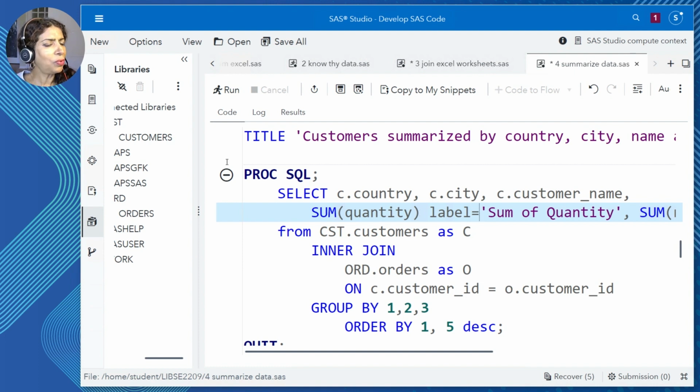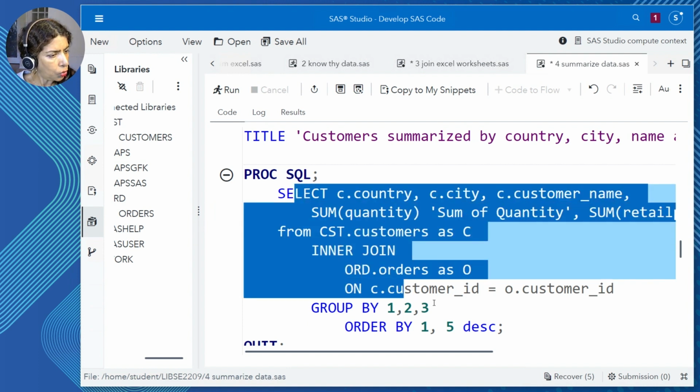When is ANSI useful? ANSI is super useful if I am going to be moving my code to an Oracle environment and expecting it to run there. And a SASism is handy if I never plan to leave SAS and I stay right here. I'll leave it as ANSI and then added the labels.